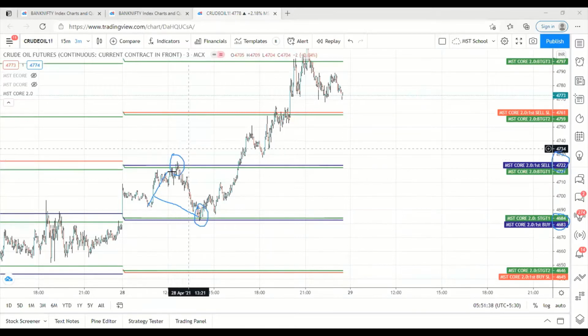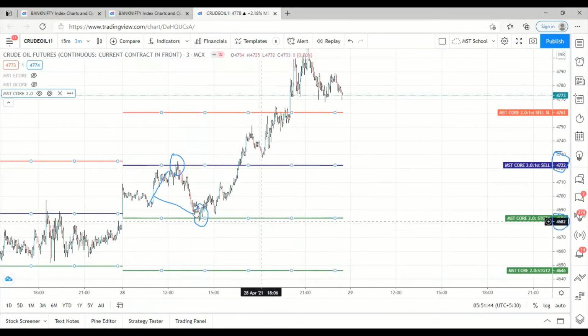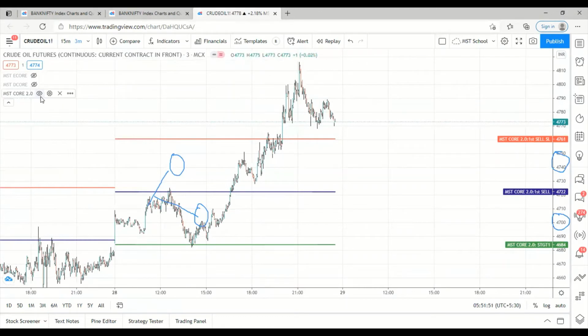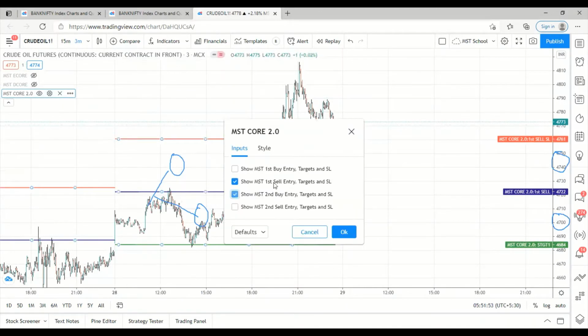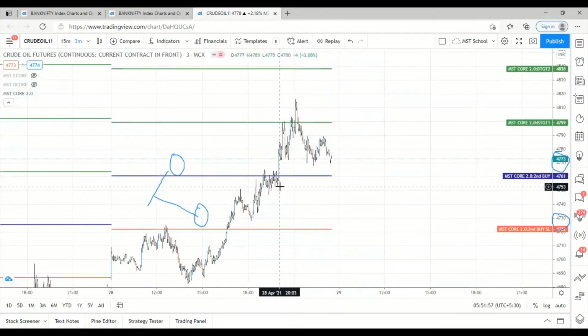So now what happened? A sell has been activated. So now we have to remove the buy. Our target 4684 has been achieved successfully. Suppose if the target has not been achieved, only in that case we have to go for the reverse trade. That is the second buy. So in the second buy also the target has been achieved. So in today's scenario, there is no loss, whatever be the situation.